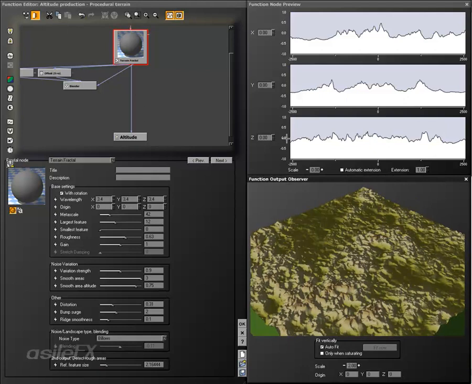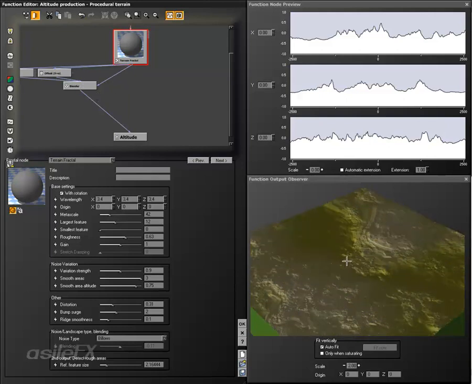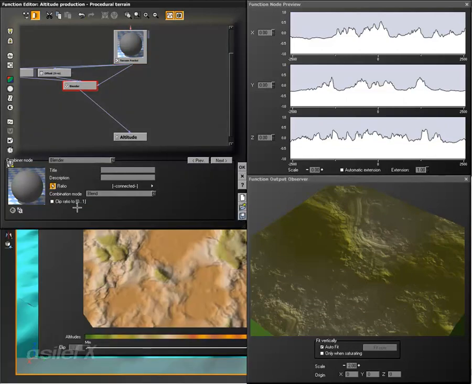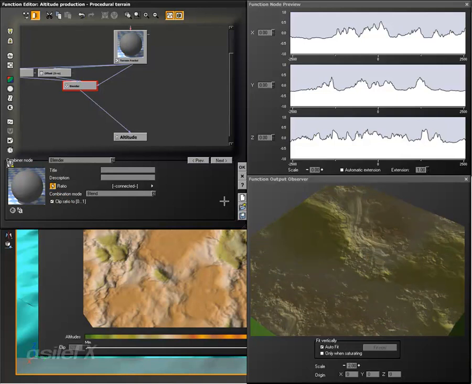And because we're falling below 0, I'm going to go back and connect this to the blender, and we're going to be able to see a little bit better where the subtraction is. One of the new options is to clip the ratio for the input. So anything being inputted is going to clip and cut out anything below 0, above 1. So if we clip this, it's going to